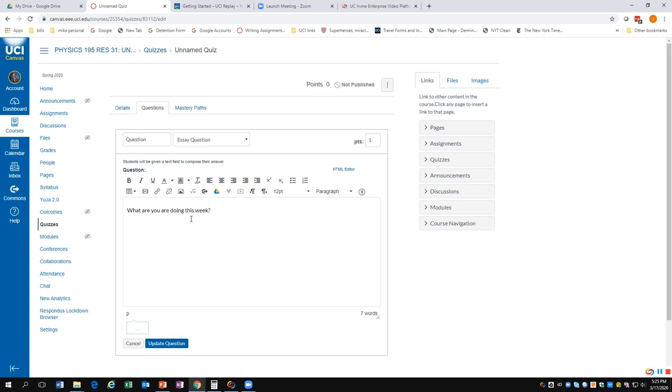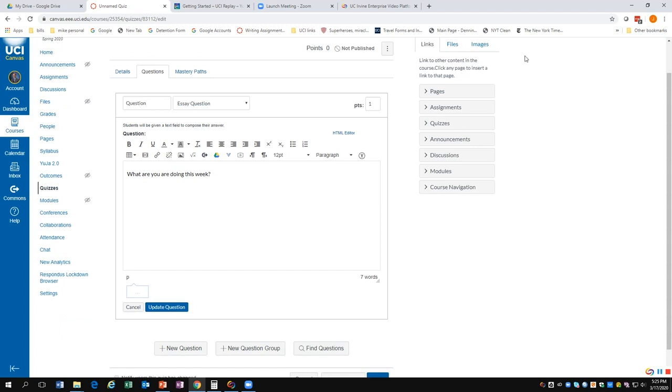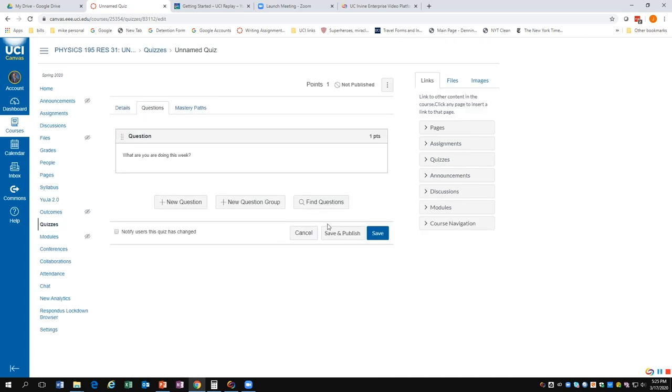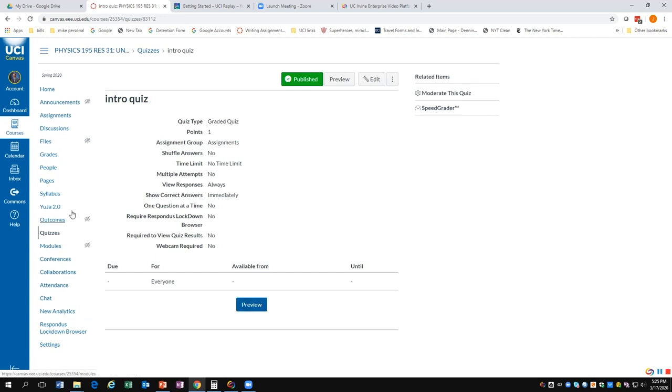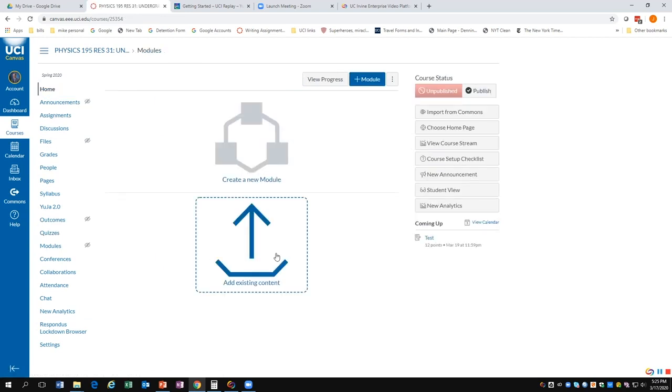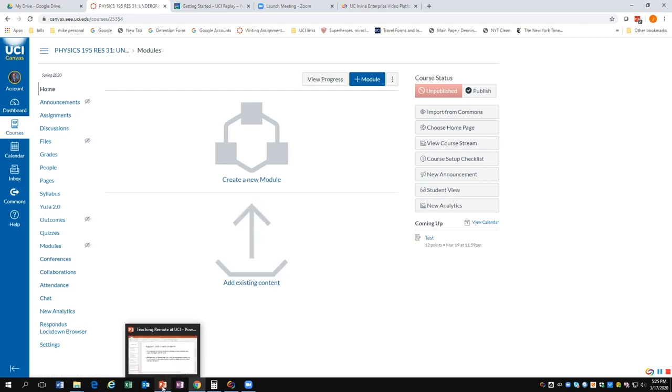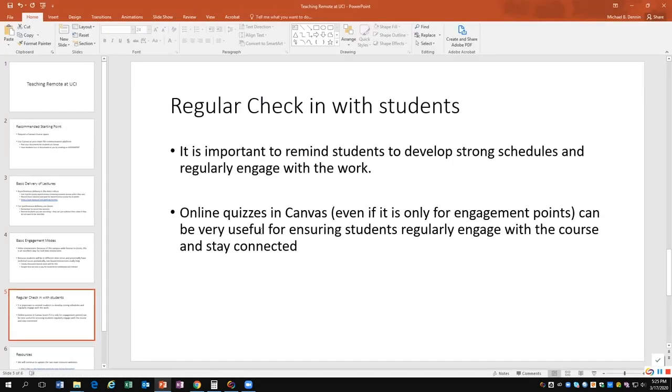And you can make these for points for right and wrong answers. They're pretty easy to grade in the grader, and they're automatically graded if you make them multiple choice and other types. And I can just save and publish. And you can preview them. And now I'm on the home page. Again, this is starting to get just a little more advanced, but it does help to have these regular check-ins